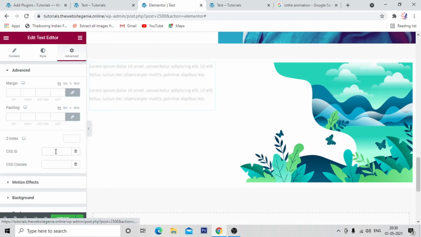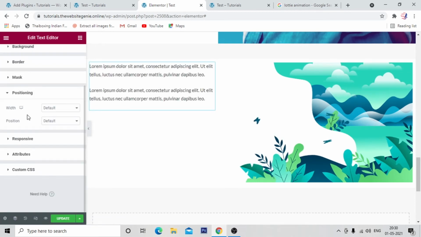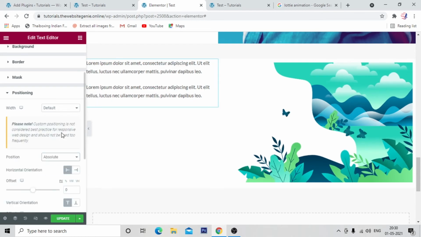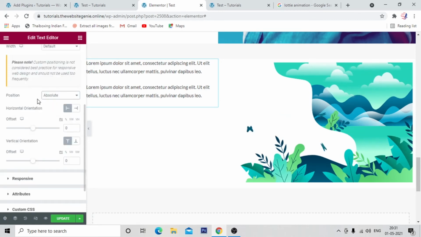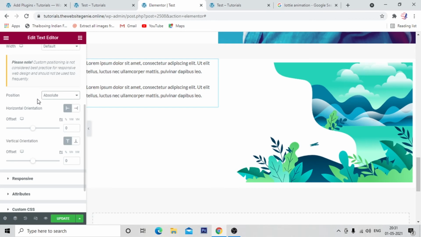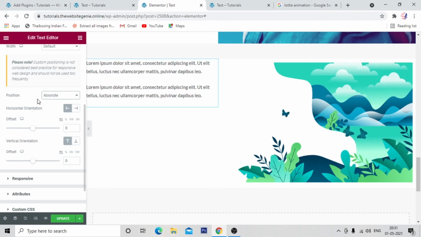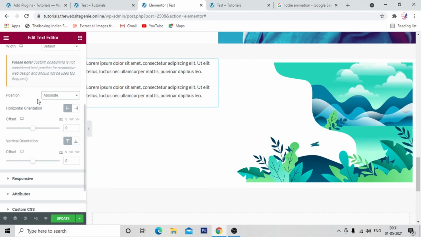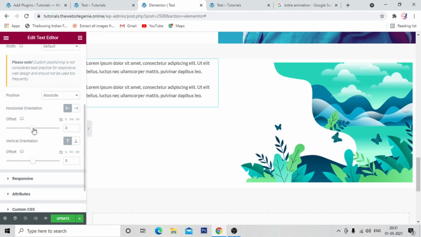and we'll go to the advanced and we'll just tweak the positioning. So in the positioning options, you have width and position, so we'll only be working with the position options. So currently it's set as default, but we'll change it to absolute. So in case of fixed, what happens is if you place the position to be fixed, once you're scrolling through the website, the widget that you have made fixed would be fixed at a particular point, so it won't scroll along once you're scrolling the page. So we'll make it absolute, and we'll just